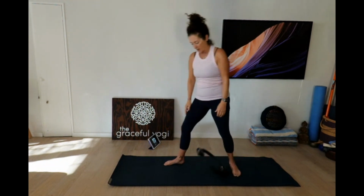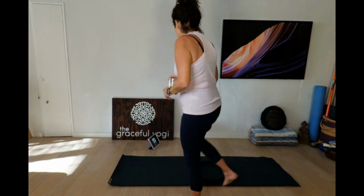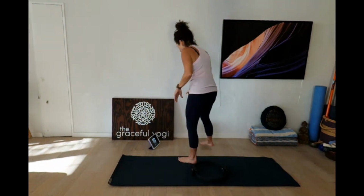Beautiful. Release the ring. I just had to drop it out of there because that was a lot. I have to get a drink of water. It's okay to take a couple seconds in between exercises. Take a little sip of water, sip of tea, coffee, whatever your